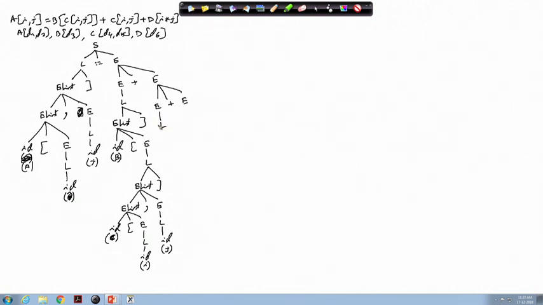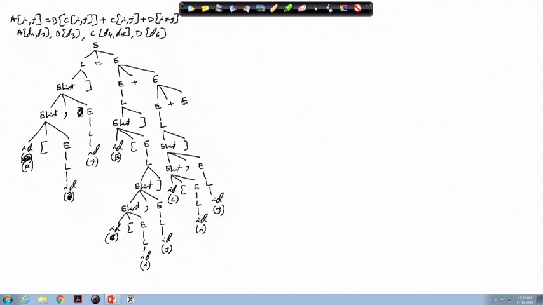For this I have to go like L producing Elist bracket close, Elist giving Elist comma E, then this Elist giving ID bracket start E. This ID is C. Now, this E gives me L, gives me ID, which is I, and this E will give L, will give ID, which is J.